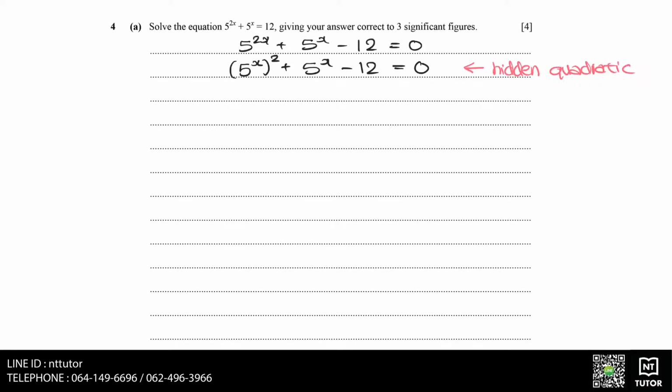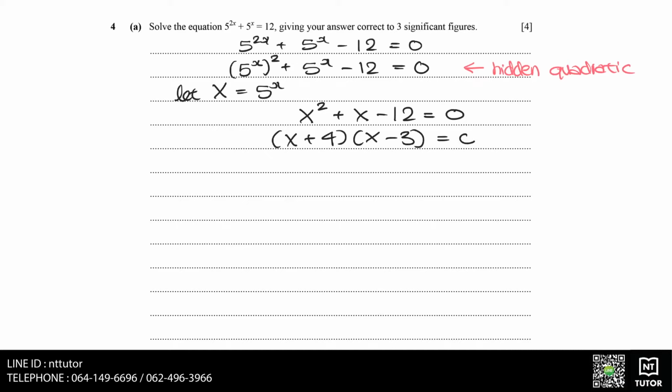If it's hard to see whether it's a quadratic or not, what you can do is let big X equal 5 to the power of x, and that will change the expression into X squared plus X minus 12 equals 0, which looks like your standard quadratic equation. And when we solve quadratic equations, we can solve by factorizing. So if we factorize that, we will get (X plus 4) multiplied by (X minus 3) equals 0,